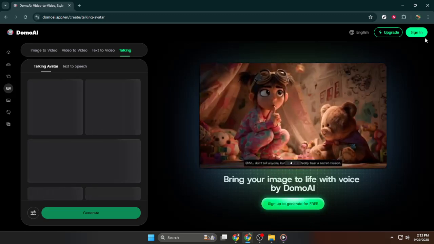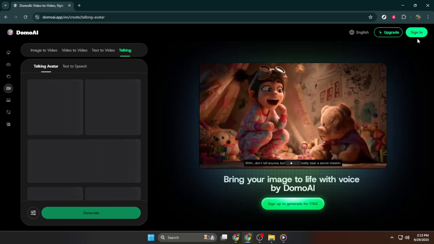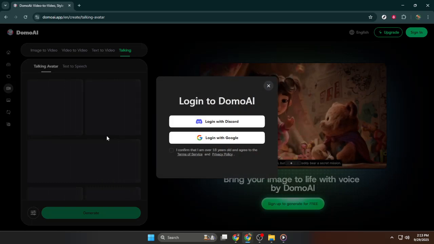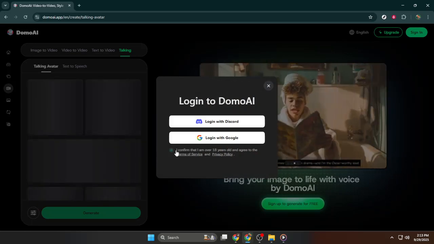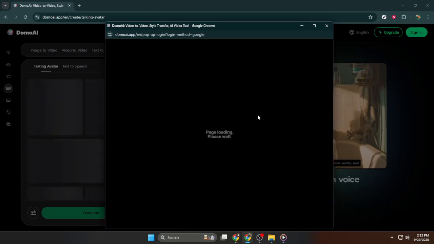Once you're on the Domo AI homepage, locate and click on the highlighted section. This action is your entry point into making any personal adjustments or settings. If you're not already logged in, you'll need to click on the option to log in with Google. This will take you through the usual Google authentication steps, so just select your account and follow any prompts to